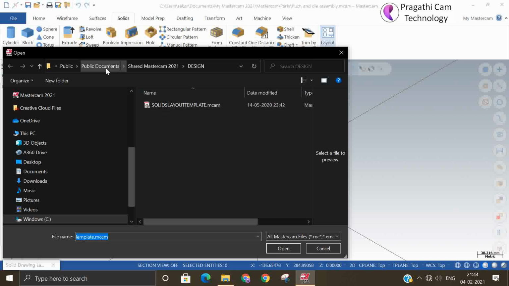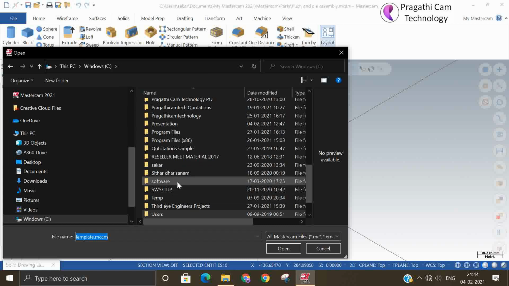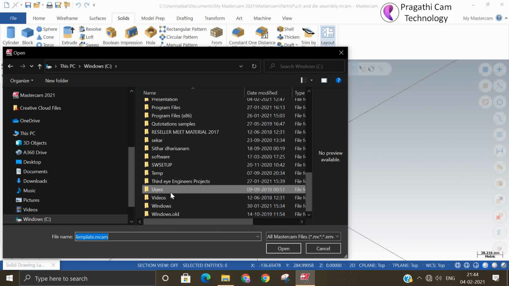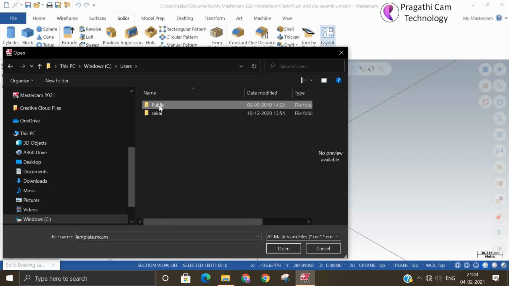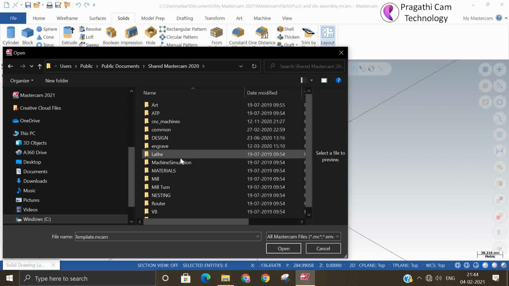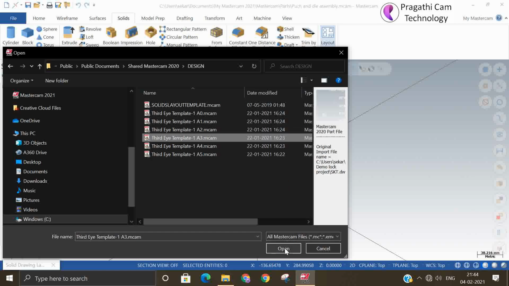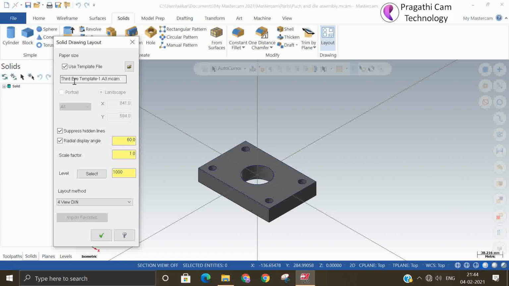So this template, any other template also, if you want, you can. Maybe in my old version, there is a template. One small template is available.